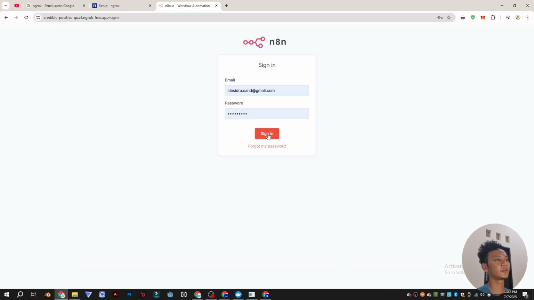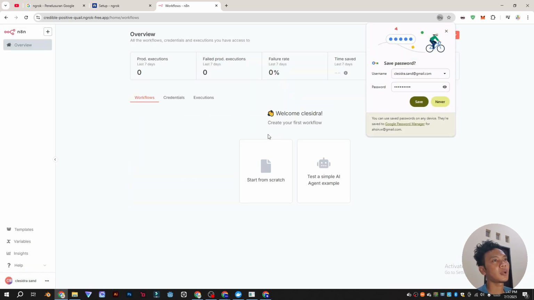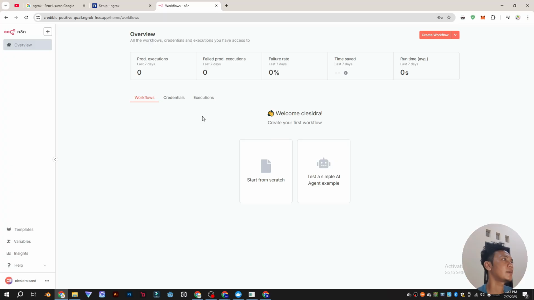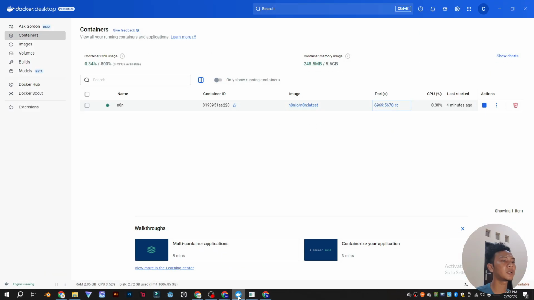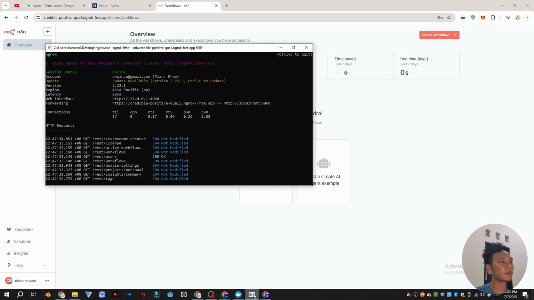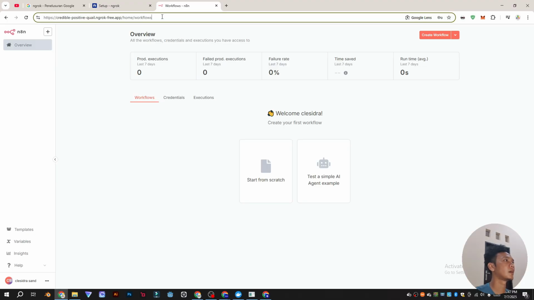I think it's ready to use because I've done another installation. So here is this n8n workflow running on our computer with Docker, and ngrok makes it public so we can use it over HTTPS.